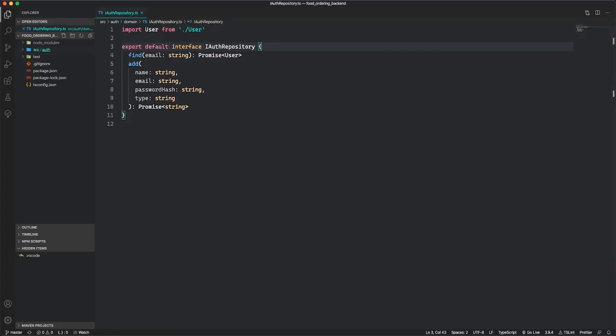So now I will start by creating another folder and I'll call it data. And inside this folder, I'll create two other folders. One I'll call models and the other I'll call repositories. Inside our models, this is where we'll create our MongoDB model and also the schema, which will represent